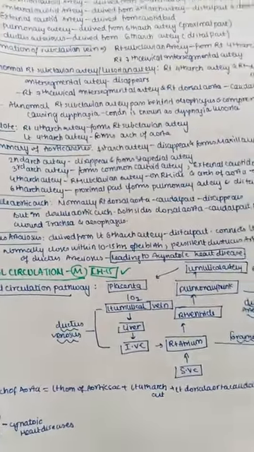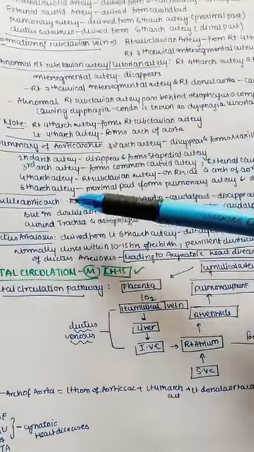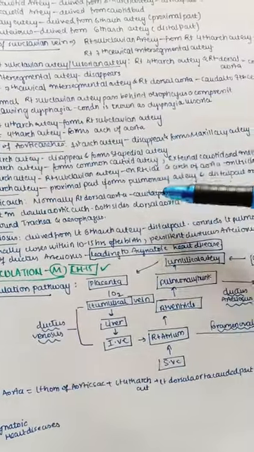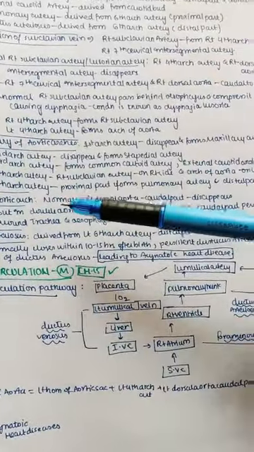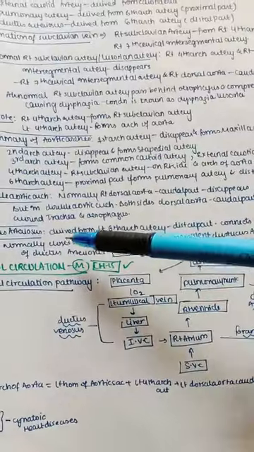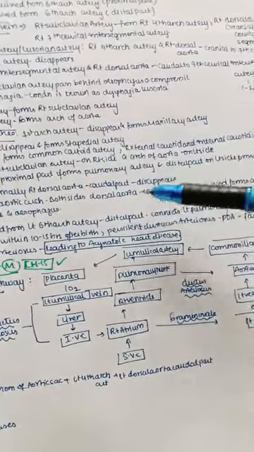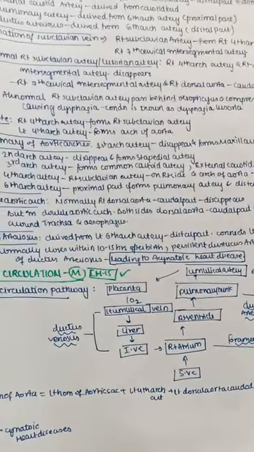So the summary of aortic arches is like this: the first arch artery disappears, leaving the maxillary artery; the second arch artery disappears, leaving the stapedial artery; the third arch artery forms the common carotid artery, external carotid, and internal carotid arteries. The fourth arch artery forms the right subclavian artery on the right side, whereas the arch of aorta on the left side. The sixth arch artery from its proximal part forms the pulmonary artery, and from its distal part on the left side it forms the ductus arteriosus.